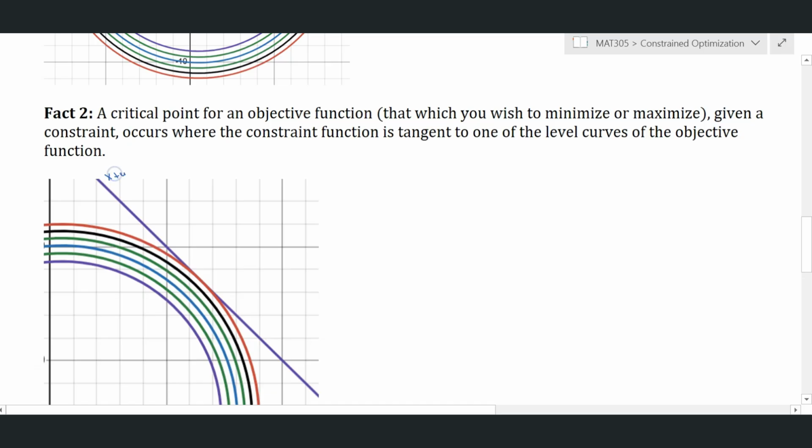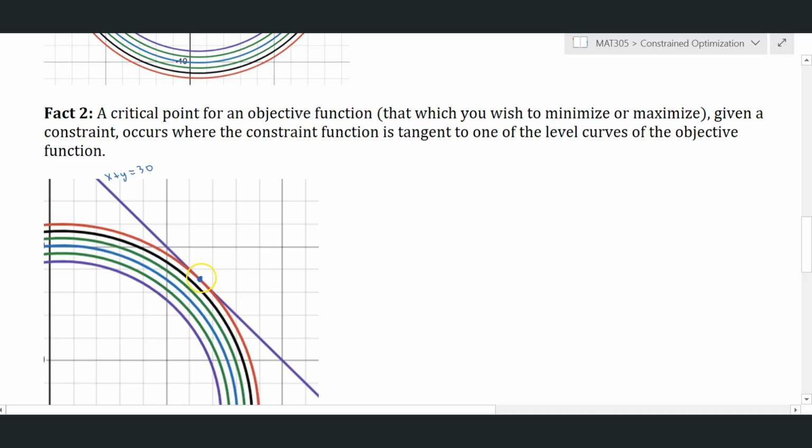And this is the contour for our constraint right here, x plus y equals 30. Again, just those same rings plotted there. Well, x plus y equals 30, that's a function that has its own gradient, right? And so if this constraint is tangent to one of the contour rings, which in this case is this red one, that means that at that point right there, where they are tangent to one another,